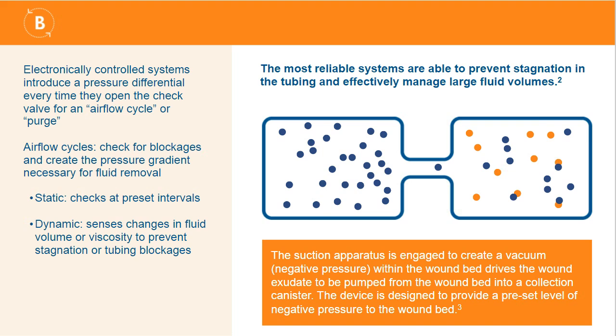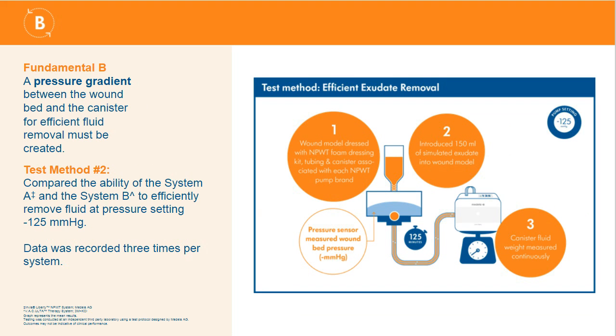To test Fundamental B, we created test method number 2, once again to compare the ability of System A and System B to efficiently remove fluid at a pressure setting of 125 millimeters of mercury. As we did in test method 1, we recorded the data 3 times per system. In this test method, we once again have a mock wound exudate with a pressure sensor in the mock wound. We delivered the negative pressure